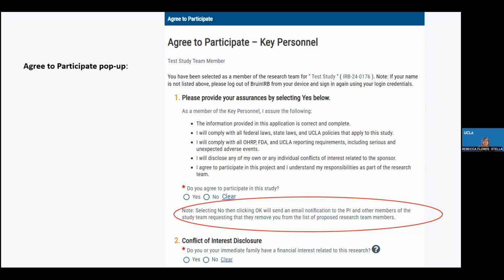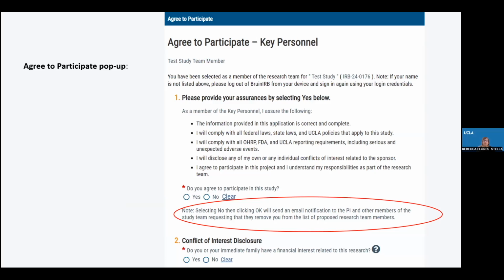So we're asking you to review your proposed role and participation in the study and that you agree to participate. And secondly, we're asking you to disclose any conflict of interest either on your behalf or those of an immediate family member. So in providing your assurance and your agree to participate, these are the things that as a study team member you're agreeing to.